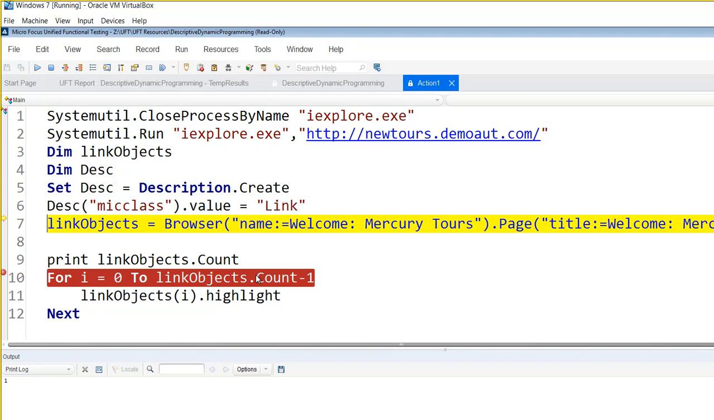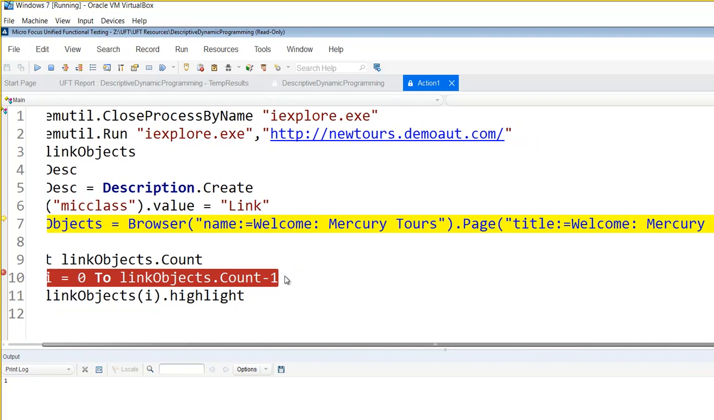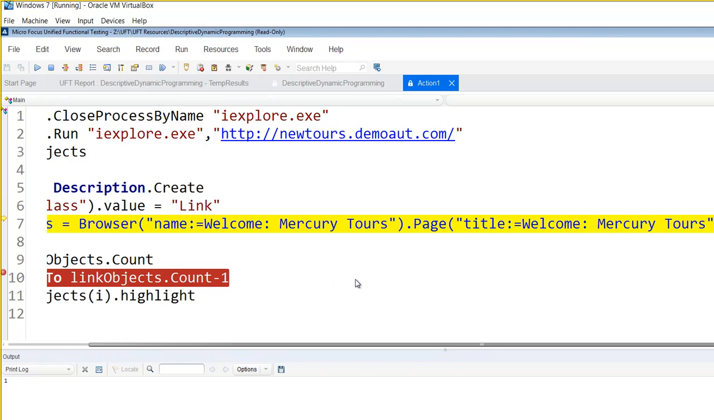Let me see, browser, we have browser, page, we have page, and then child objects, we have the description. So now it is saying that we have a